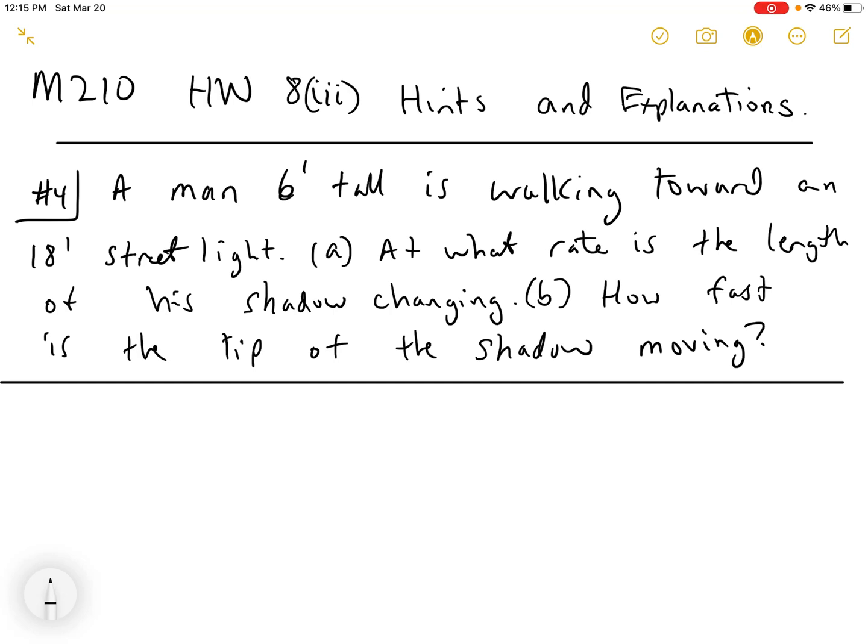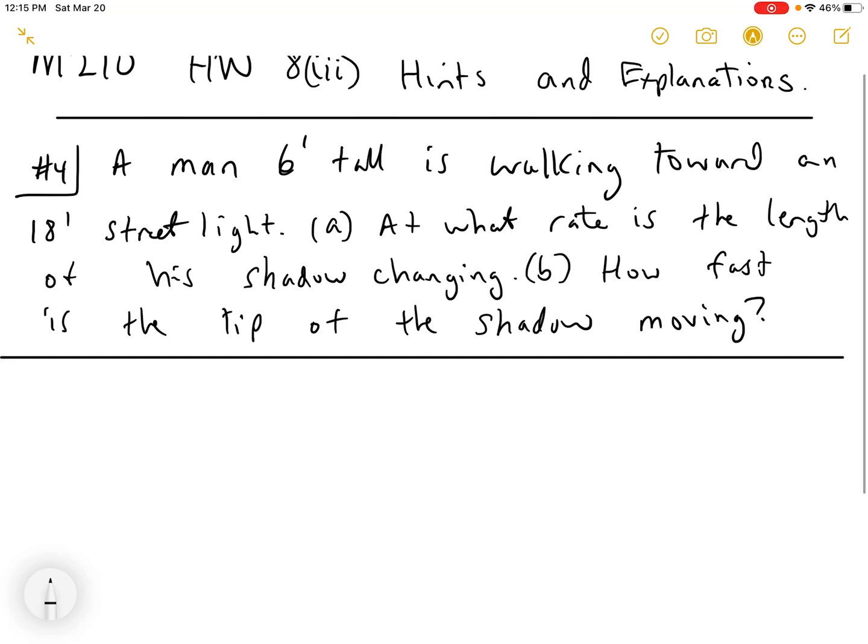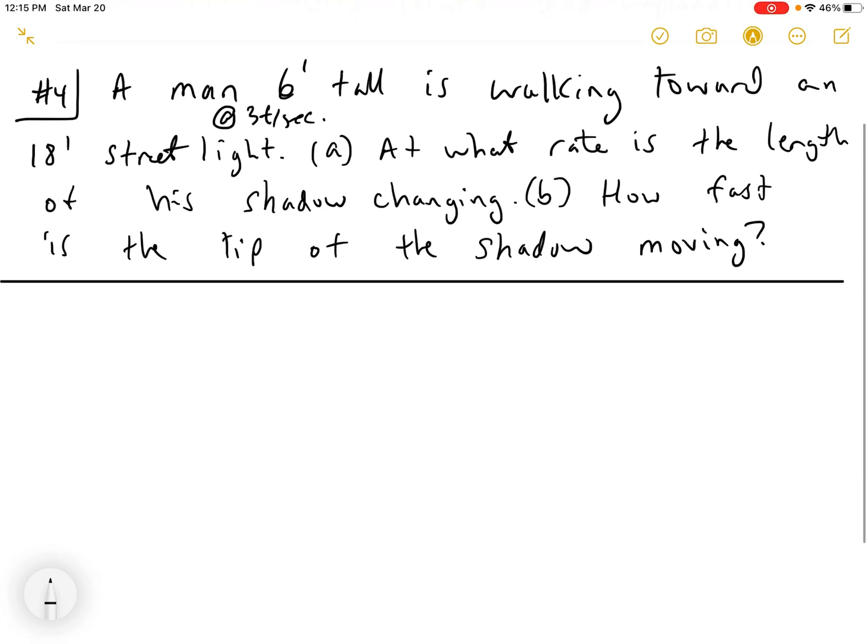Got a 6-foot tall man walking towards a streetlight. Oh, I forgot something in there. He's walking at 3 feet per second. That's important. And they're asking at what rate is the length of his shadow changing, and how fast is the tip of the shadow moving. Okay. So one, following this algorithm, we put in the street light,